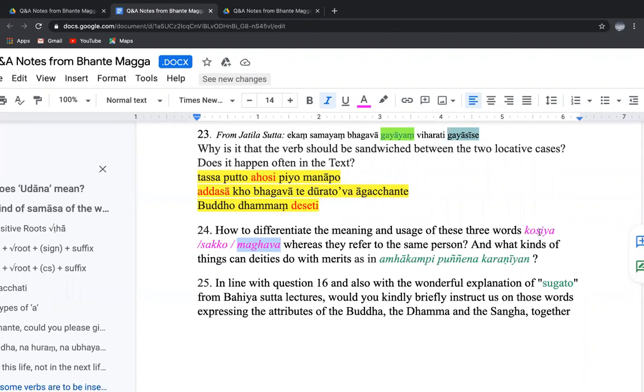All these three words were used for Sakka, giving him various names. And what kind of things can deities do with merits, as in "Amhakam punnena karaniyam"? I think everyone needs merits. One reason is to have luxuries in that very life, and also to have a proper next rebirth. In one sutta, the Balapandita Sutta, the Buddha mentioned that